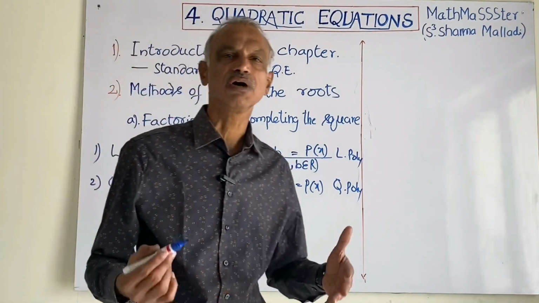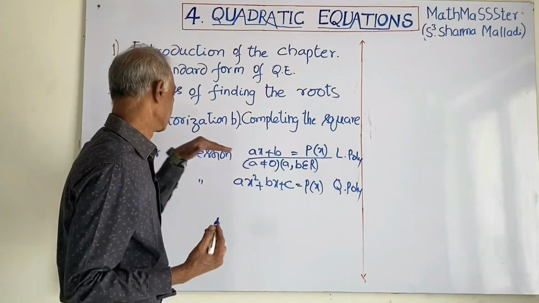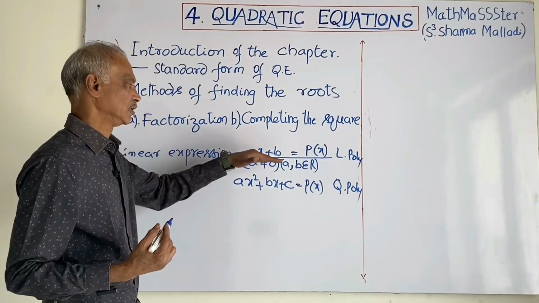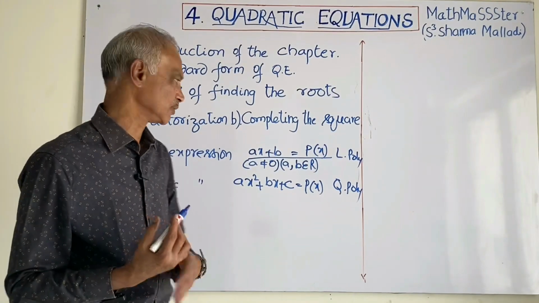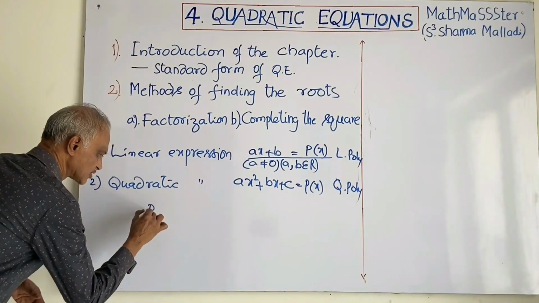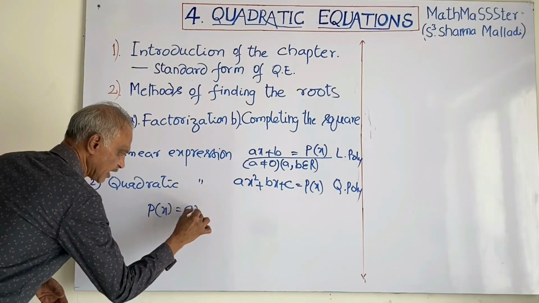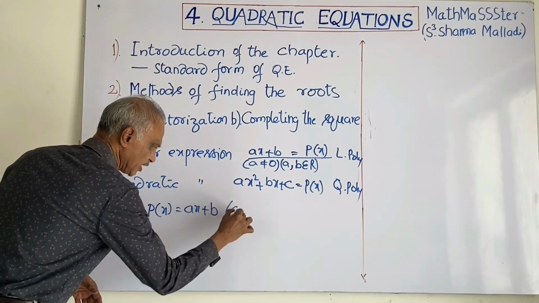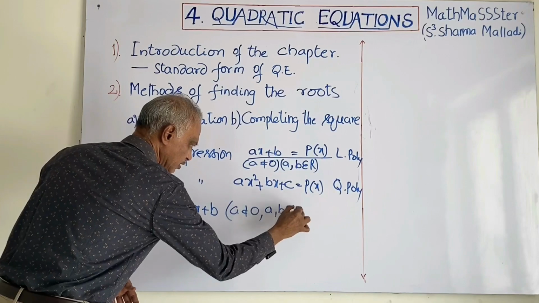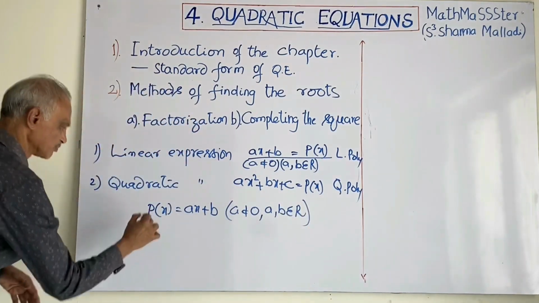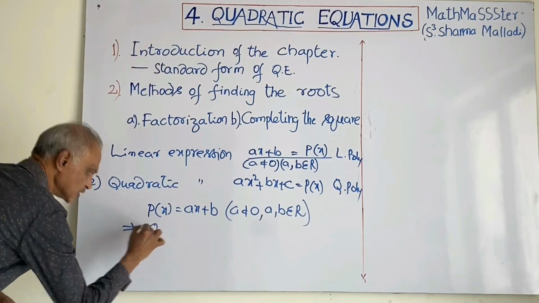We have already learnt about polynomials: linear polynomial, quadratic polynomial, and also cubic polynomial. If p of x is equal to ax plus b, a is not equal to 0, a, b belong to real numbers, and this is equal to 0,